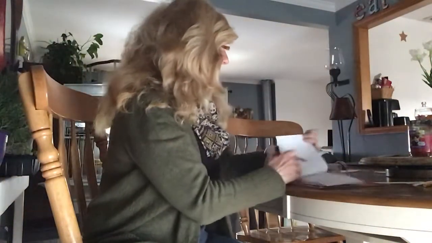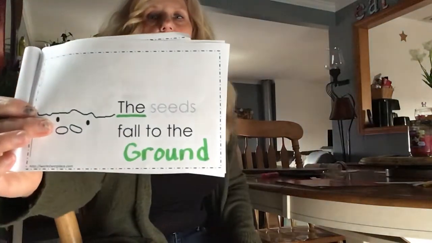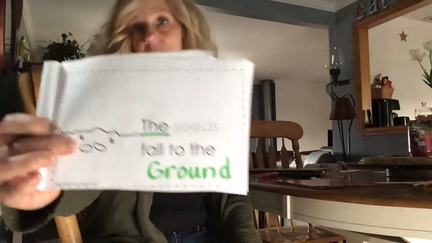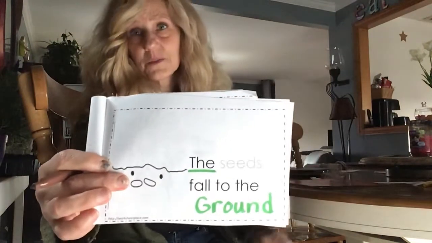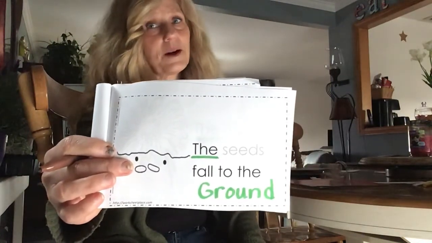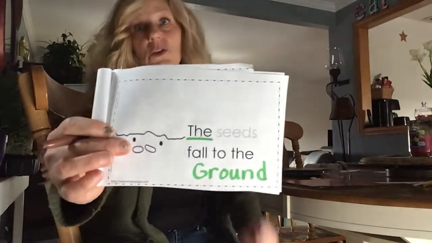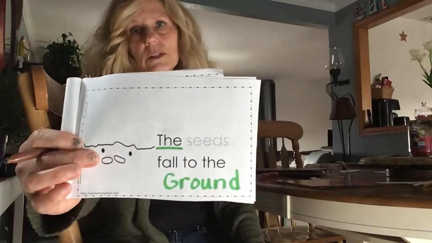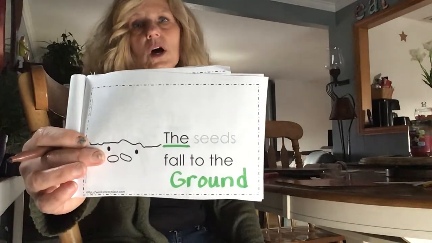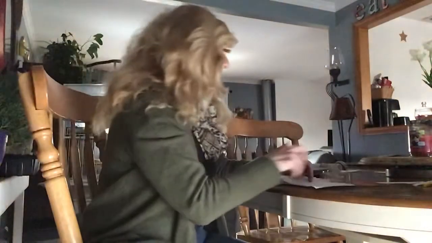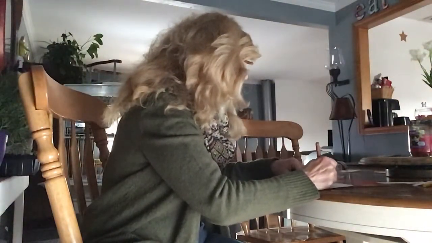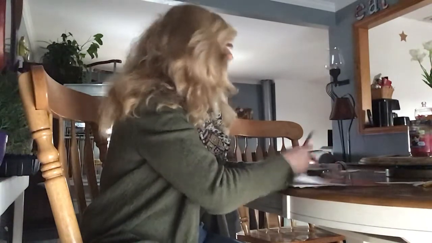And then in the end, you know why I wrote ground there in green? Because for some reason, that whole word disappeared when I made a copy of this. So I don't know what happened there. I hope that you had the word ground there, but I wrote it in. So in your book, write the word ground. The seeds fall to the ground. Here I am, I'm going to trace over seeds again. The seeds